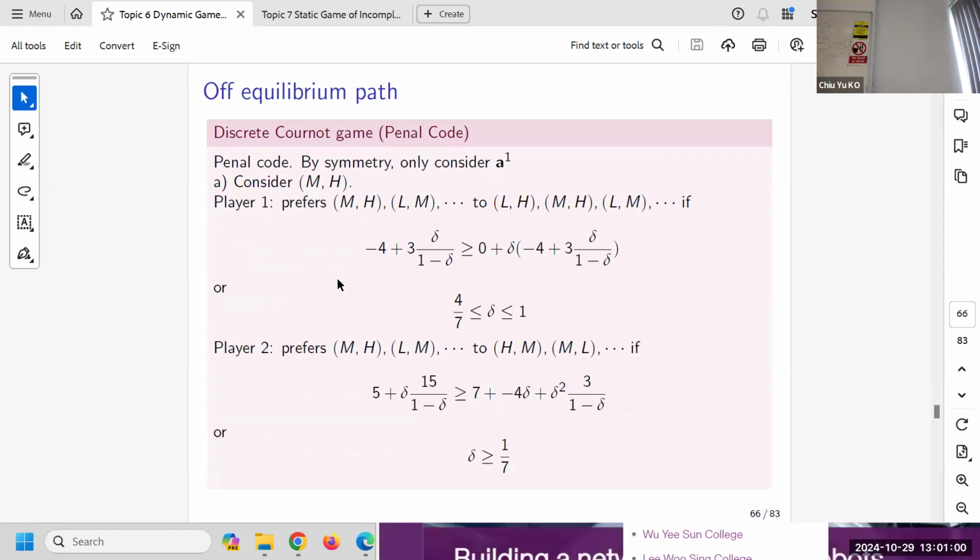Okay. And we also need player 2 to follow through the punishment, right? So we have to make sure that if he actually follows through the punishment, there's something, because we are not following the Nash, right? We'll make sure that this and 15 is more than, okay? He goes back to the Nash and then gets punished by the same, right? Because this is the punishment for player 2, which is symmetric.